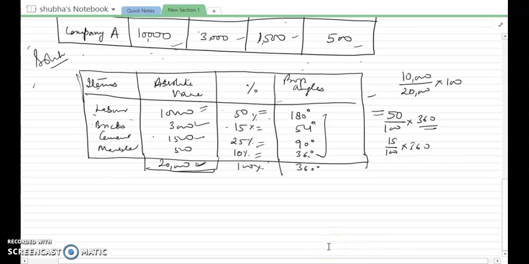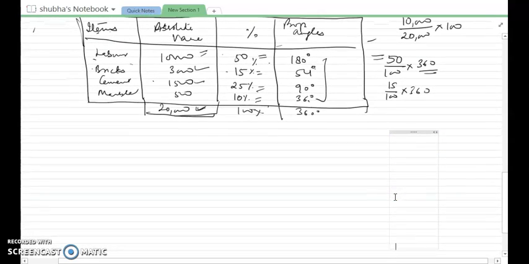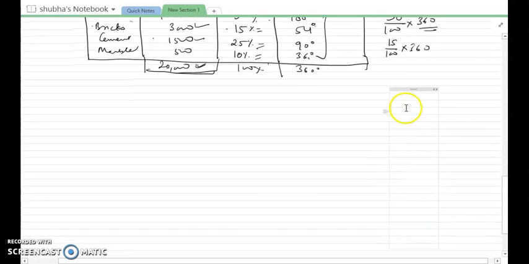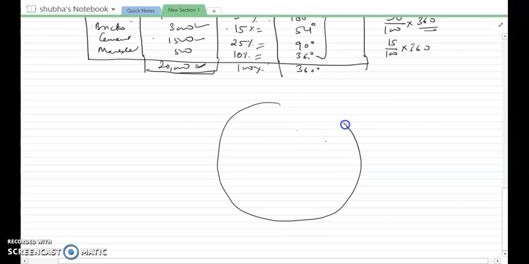Just look here. First, you have to draw a circle here. How would you draw a circle? Using a compass. Right now I'm not having a compass, so my circle cannot be a very perfect one, but I'll try to make it. Then we have a center of it. We'll draw a radius first. Any radius you can make. After making the radius, make it a baseline.